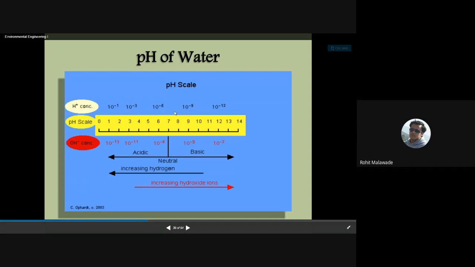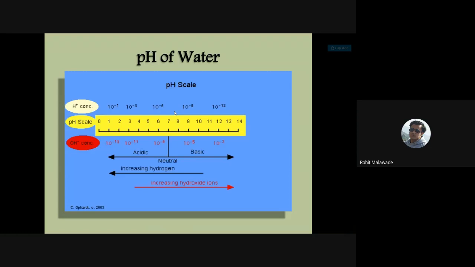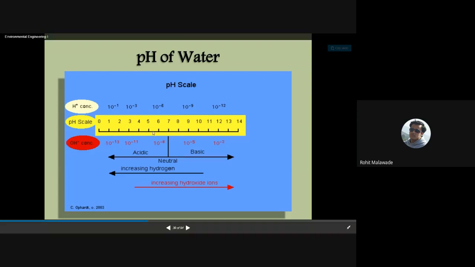We call it acidic if the pH lies between 0 and 7, that is, the solution has a higher hydrogen ion concentration. See here, after 7, we have written increasing hydrogen concentration, right? The solution that has more H plus ion concentration, we call an acid, or the solution whose pH lies between 0 to 7, or say 1 to 7, we call